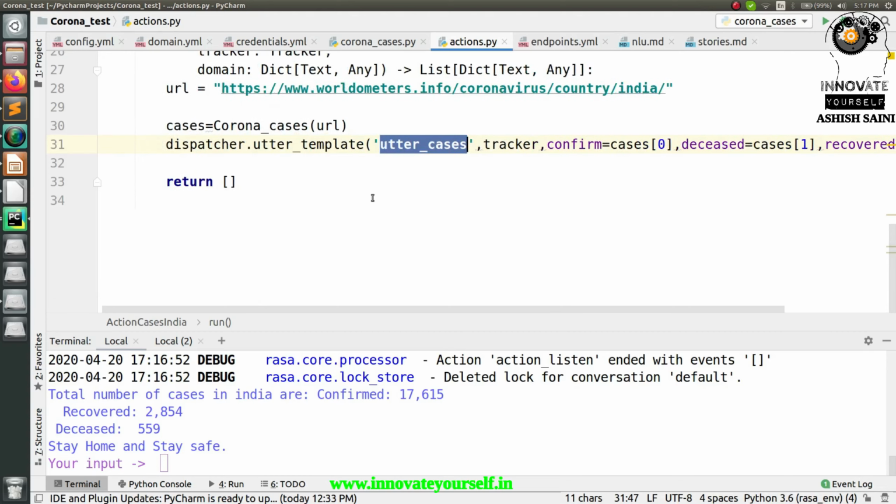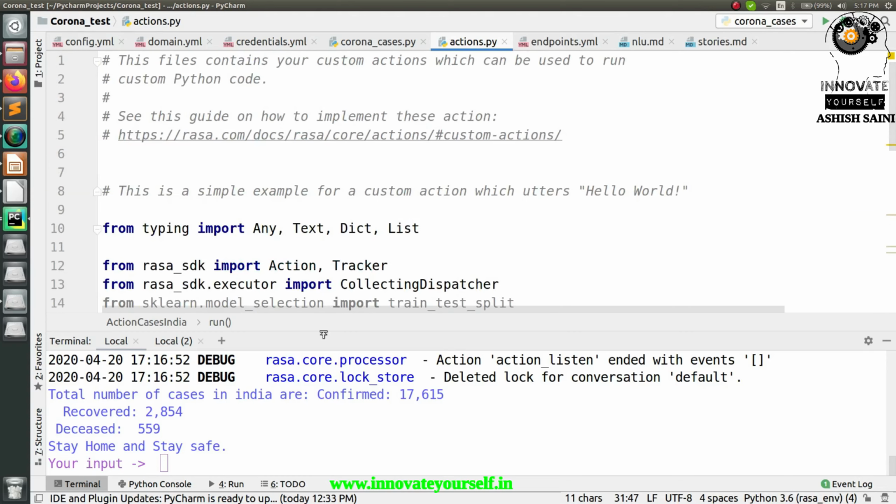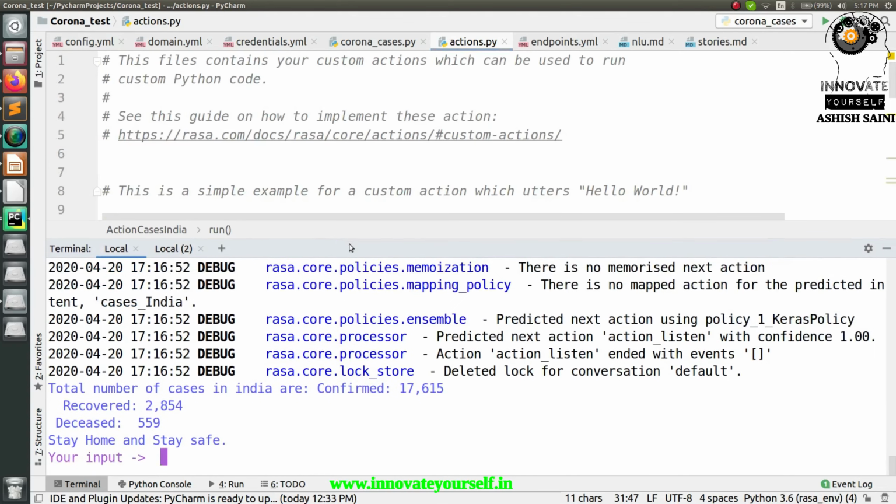So this is how exactly we are going to use these two features which I have added to my chatbot, right? So this was the complete part for creating your chatbot based on your coronavirus test, right? Now my final step is to connect this particular chatbot that I have created to your Facebook, right? Now let's understand how to do that. But this is it for today, and this is it for this session.